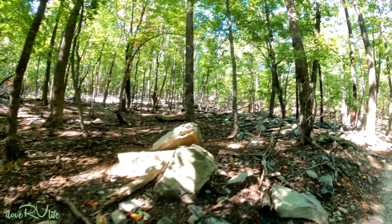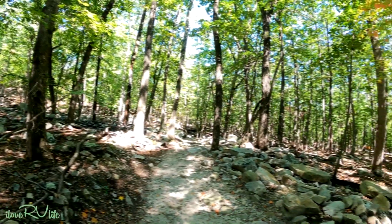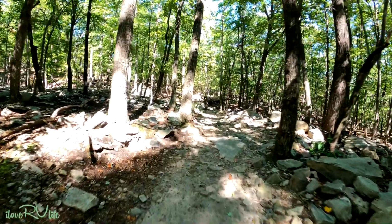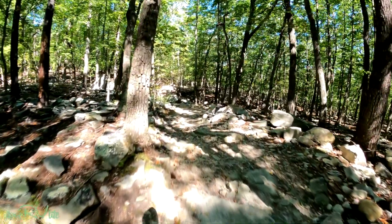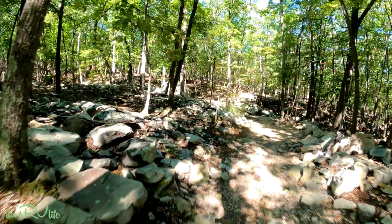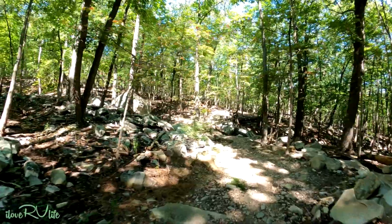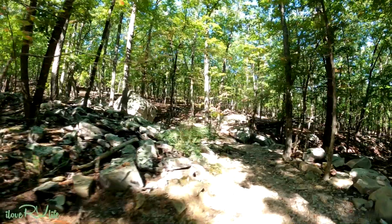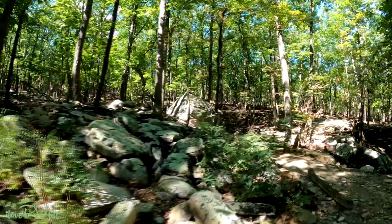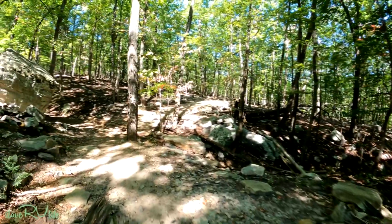So whatever created the Pilot Mountain rocks and formation over time, I'm starting to see a lot of rock now, a lot. And the trail kind of threads in between it. Some of these rocks are quite substantial, boulders per se. They probably rolled off the top of the mountain at some point in time. You can see some of those here. Some of these are just giant outcroppings that popped out, and whatever kind of cut this little ravine down through here